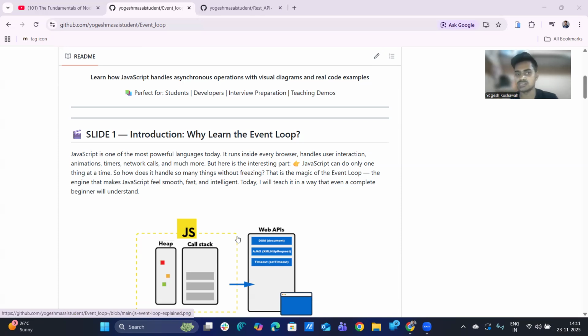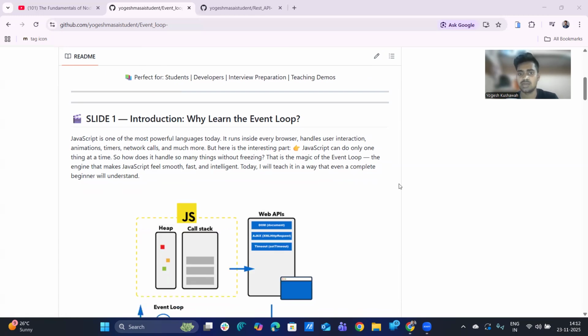So how does it handle many things without freezing? This is the question, right? What is the magic of the event loop, the engine that makes JavaScript feel smooth, fast, and intelligent? Today, I'll teach you in a way that even a complete